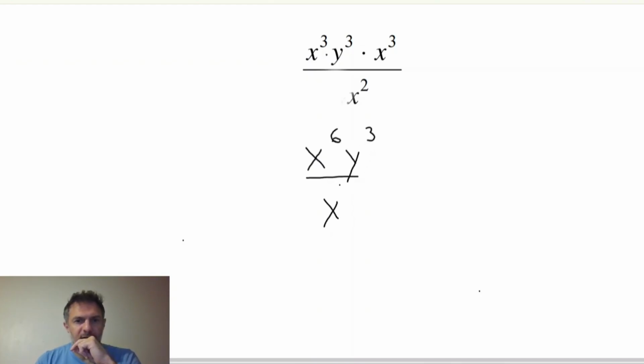Now, I want to consolidate my x's. I can keep going here because these are both x. I can subtract the smaller exponent from the larger exponent. So I have 6 minus 2, which gives me x to the 4th power, and y to the third right